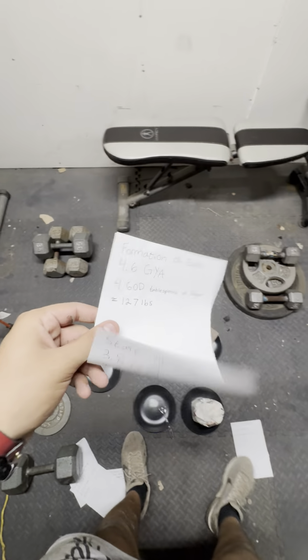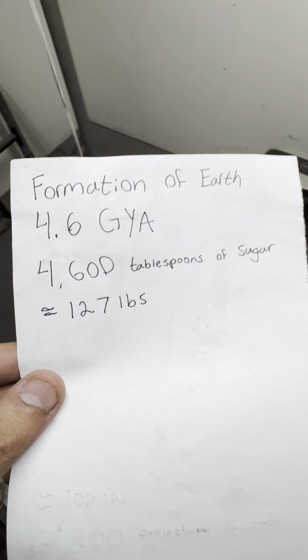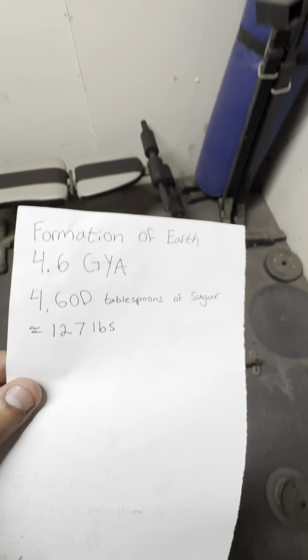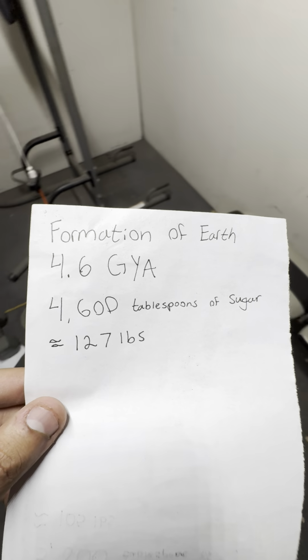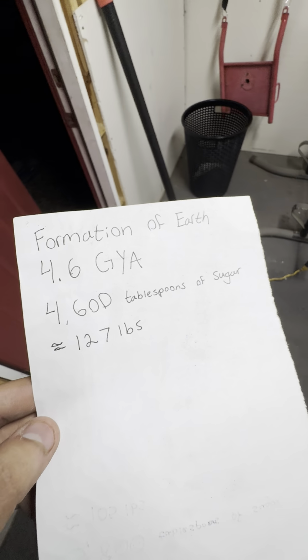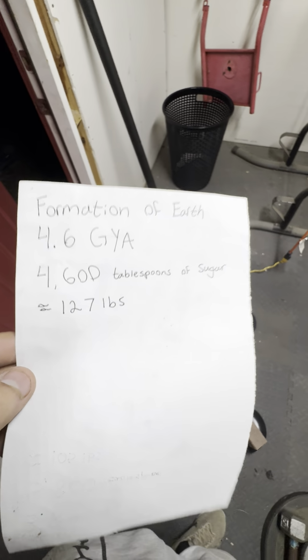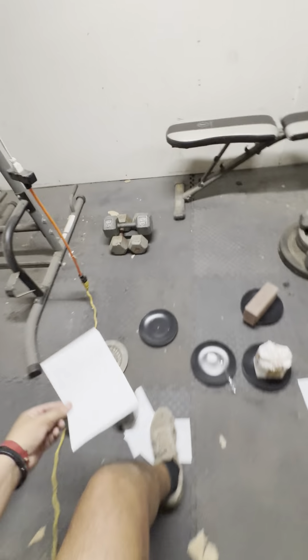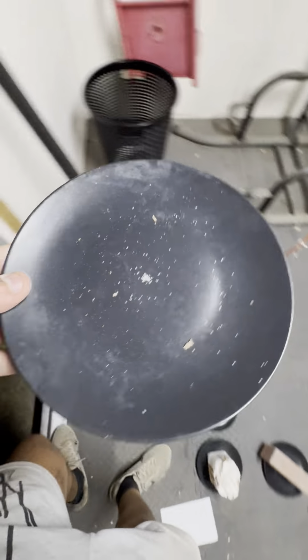Now, to blow your mind, the formation of Earth was the last thing I included. That happened approximately 4.6 billion years ago, equivalent to 4,600 tablespoons of sugar, or 127 pounds. And that would be this entire tire. The entire tire weighs 130 pounds, and compared to a grain of dust,